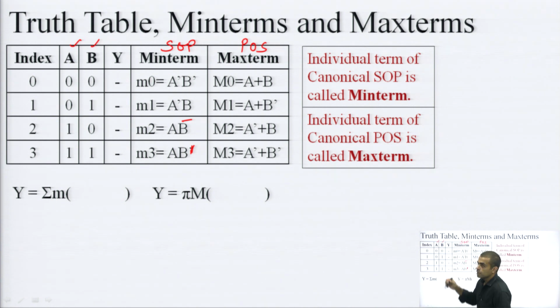So, in this the replacement of variables in the form of 0 and 1 will be interchanged. That means, if I have a variable with value 0, that 0 will be replaced by the non-bar version of that variable, and if there is a 1 as the value associated with the input variable, I will replace it with a bar value. So, 0 0 means A plus B, 0 1 means A plus B bar, 1 0 means A bar plus B, 1 1 means A bar plus B bar.